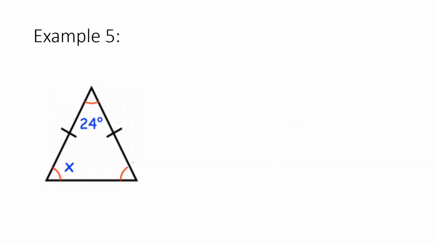Another example, very similar to the previous one, it's also an isosceles triangle. However, this time I'm trying to find one of the equal angles, so one of the pairs. So I'm going to do 180 take away 24. When I do 180 take away 24, I get a value of 156 degrees. Now, 156 degrees is this angle plus this angle, because those are both equal, and because they're both equal, all I have to do is 156 divided by 2,